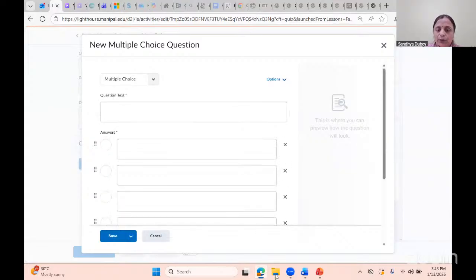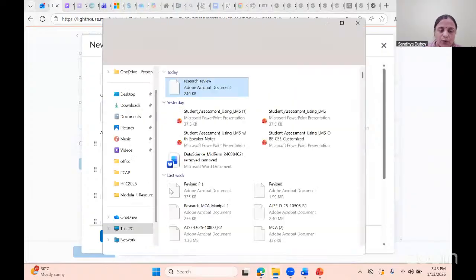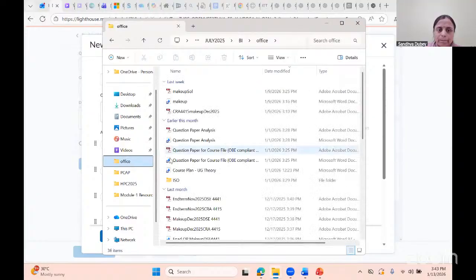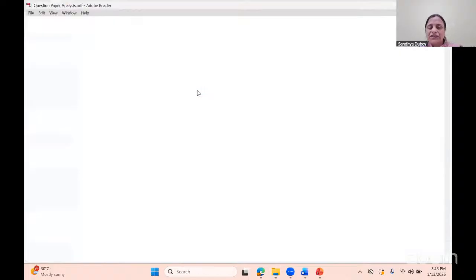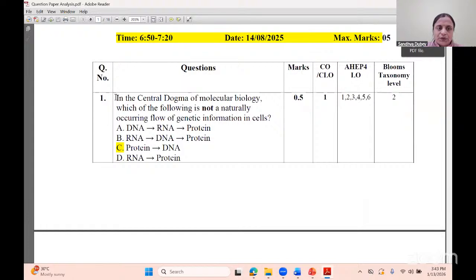So what I will do here is take one demo question paper. I'll take the question paper from here. I'll just take one question, schedule it, and show how it's working. This is from another subject.